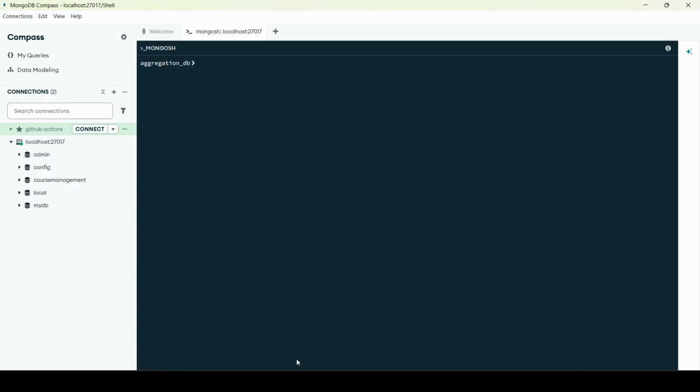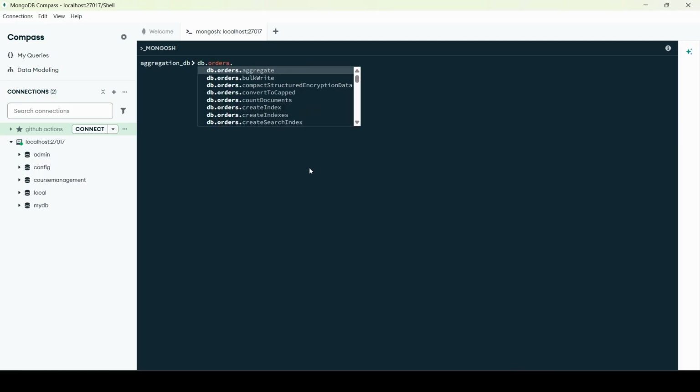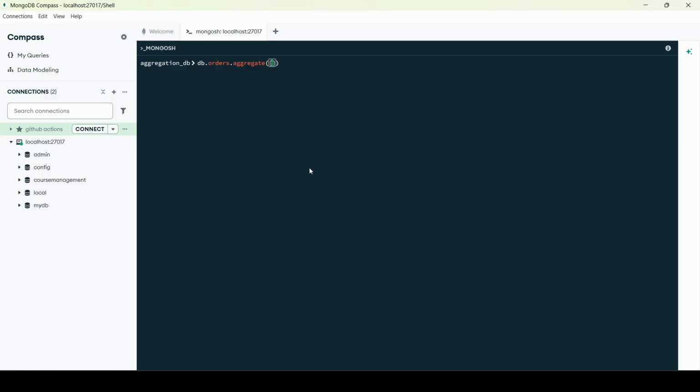Now let me clear the screen, and let us perform the third exercise. And first, we need to filter out all the product where category is electronics, and we will be displaying the customer name, product, category, and the price. So it is db.orders. Then we will be aggregate. We will pass two stages for now. So the first one is the match stage. So we'll be matching the category where category is electronics,